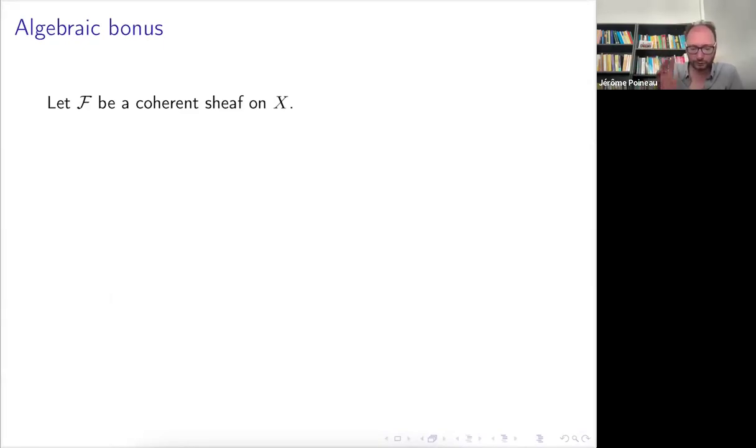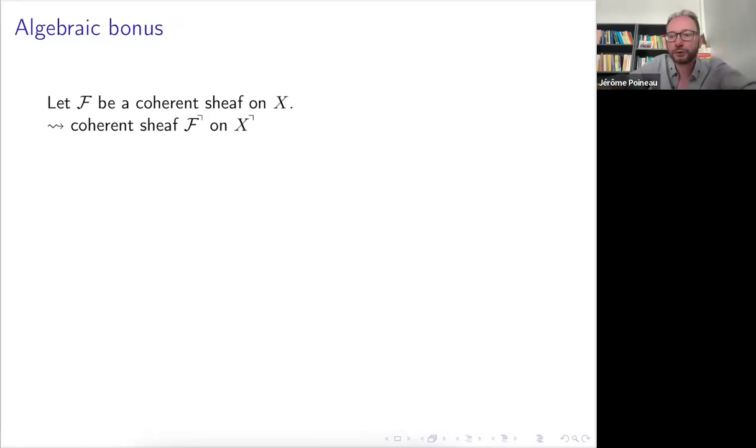So you start with a coherent sheaf on X, so an algebraic thing, and you can get from that a coherent sheaf on the compactification. Same procedure as before. You need to keep in mind that everything comes from some analytification.